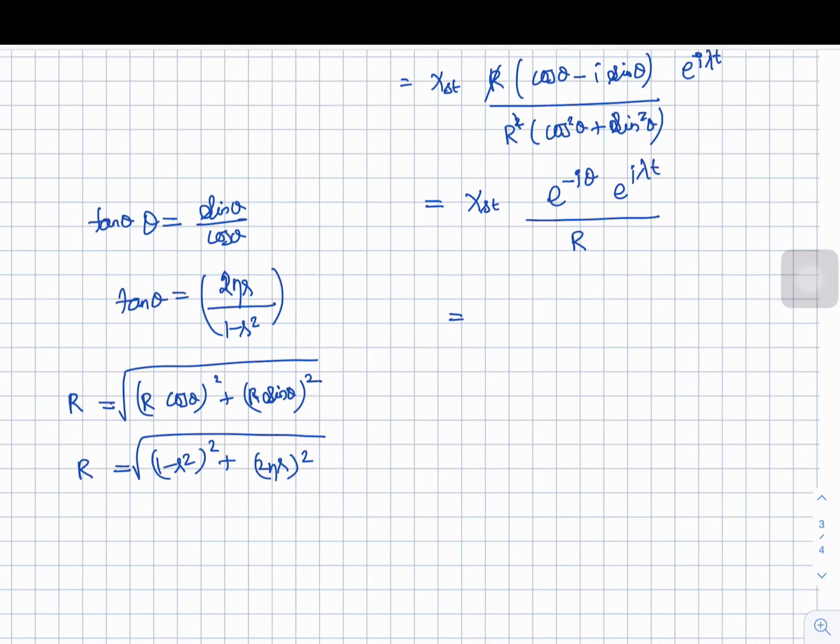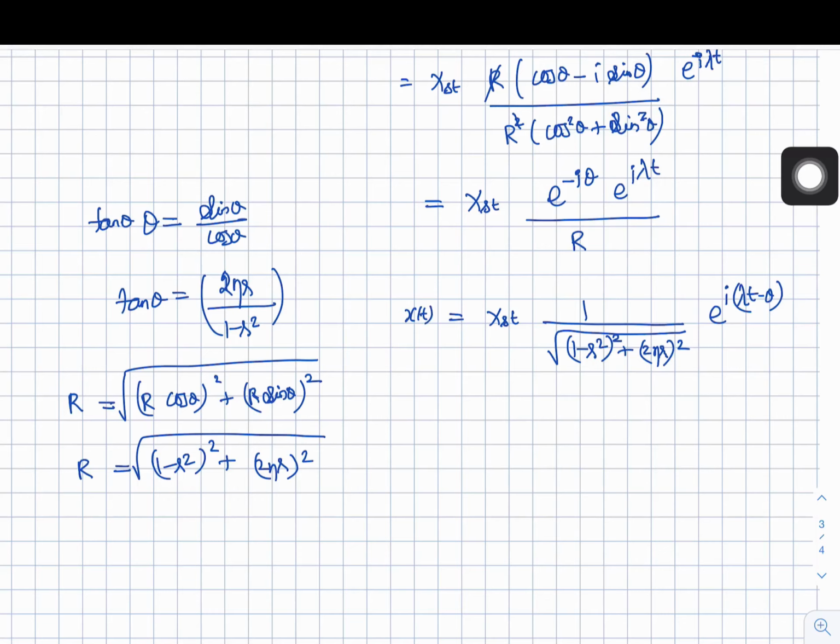So now we need to substitute this: x_st divided by square root of (1 minus r square) whole square plus (2 eta r) whole square, e power i (lambda t minus theta). This is x of t of p. So now we successfully found the equation of this